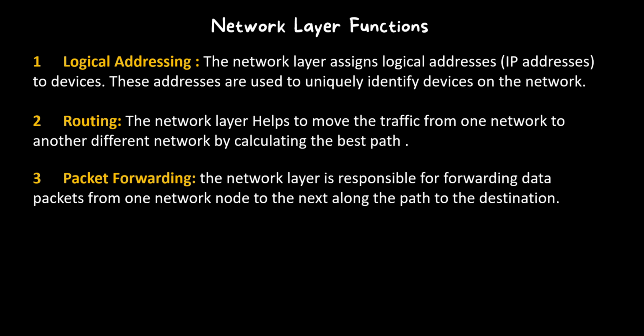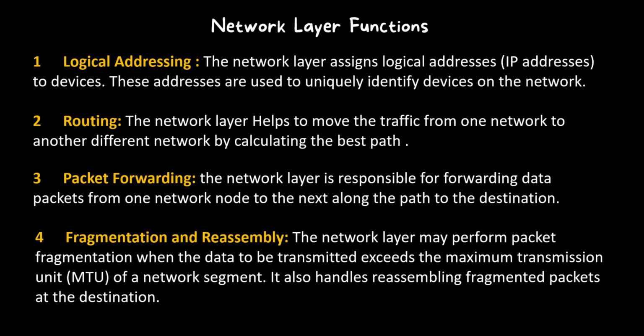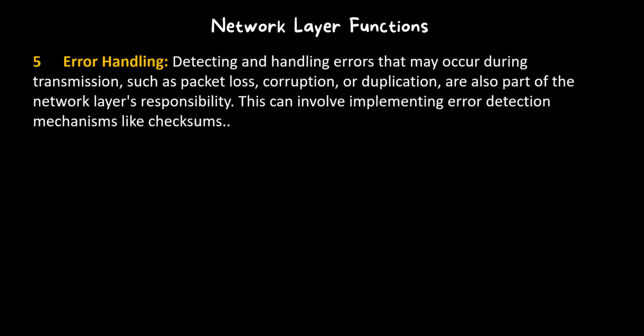The network layer is responsible for forwarding data packets from one network node to the next along the path to the destination. Point number 4, fragmentation and reassembly. The network layer may perform packet fragmentation when the data to be transmitted exceeds the maximum transmission unit of a network segment. This is also called MTU. It also handles reassembling fragmented packets at the destination. Point number 5,